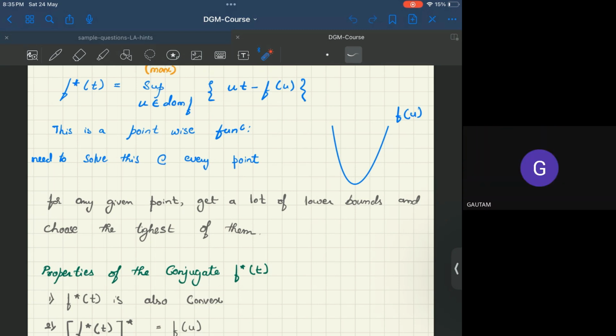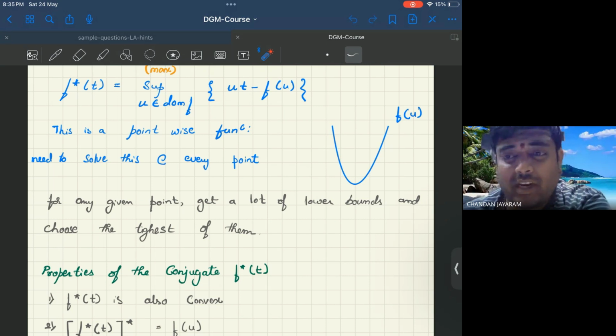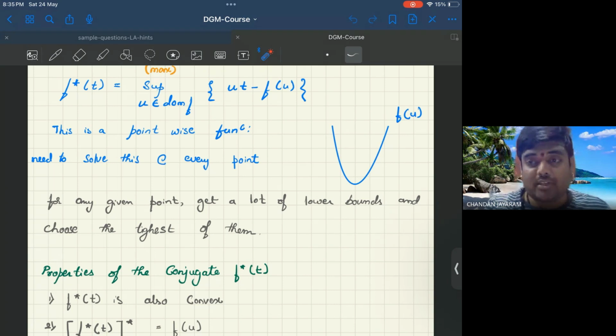Let me see whether we are able to generate it, whether we are able to get the questions or not. Since this is a non-standard course, you don't have any textbook from which I can say, go ahead and refer to this textbook. That is because this is a compilation of papers. We have to see what is the best way to do this. Just give me some time. That's actually a good suggestion. I'll speak with the professor once, and if it is possible, we will surely do it.